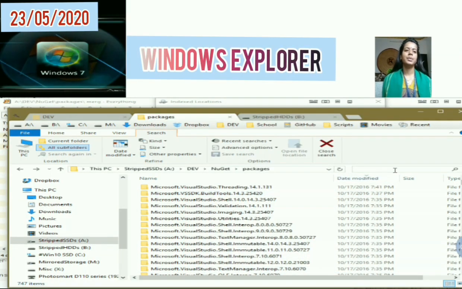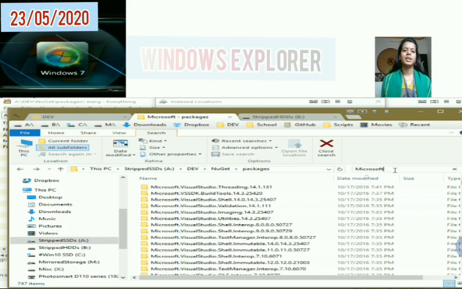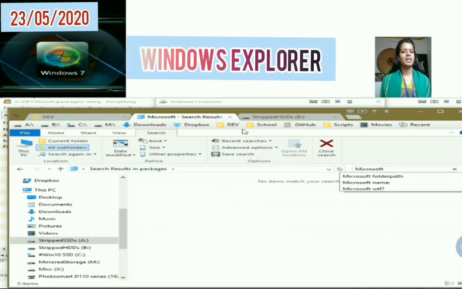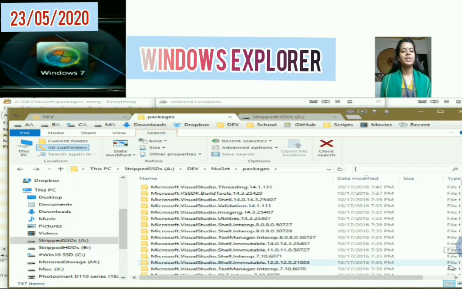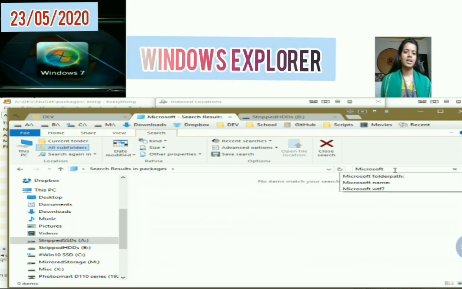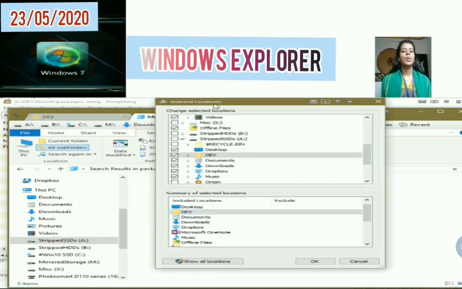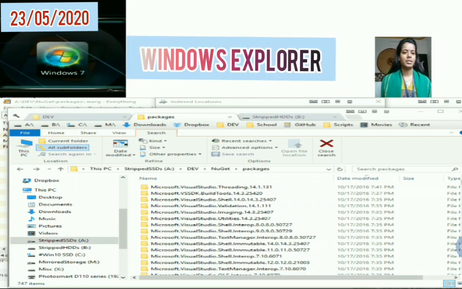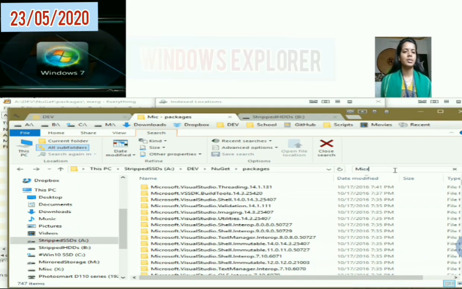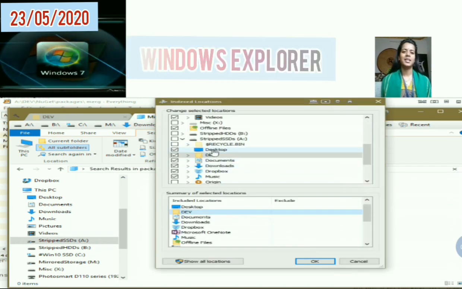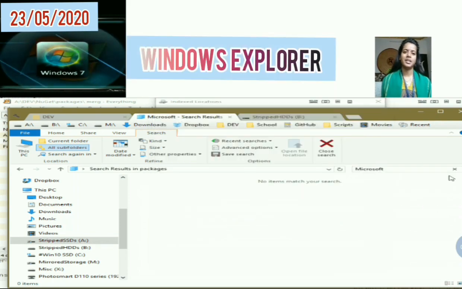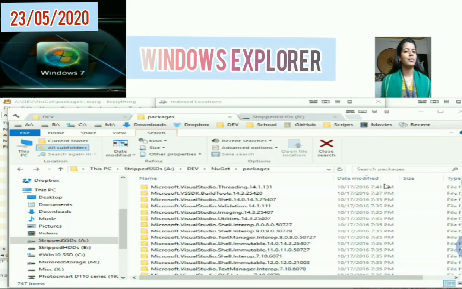So, dear children, Windows is an operating system launched by Microsoft in 2009 as an upgrade to the Windows Vista operating system. Alright, now Windows operating system has simplified the tasks of managing data in a computer. Okay, how? By using Windows Explorer. Now Windows Explorer is the main tool that we can use to interact with Windows 7. You need to use the Windows Explorer to view, explore, organize libraries, files and folders.